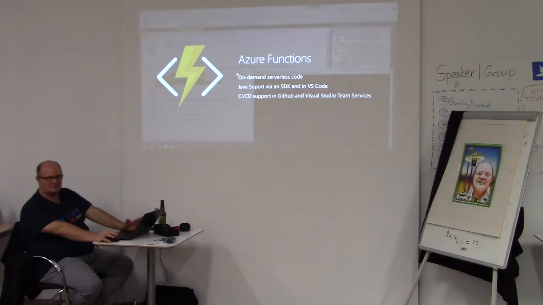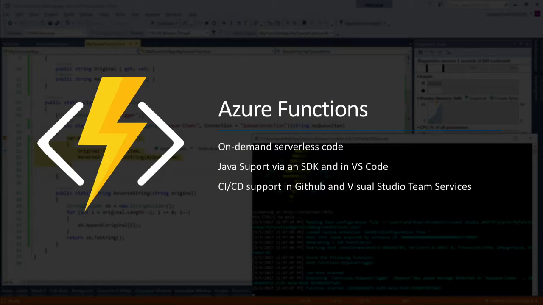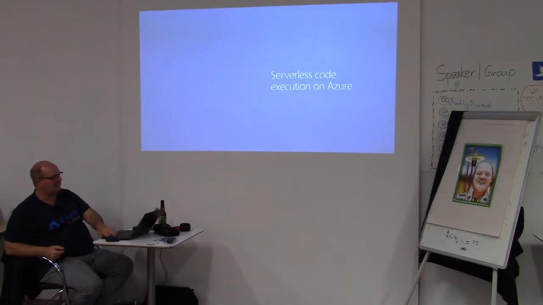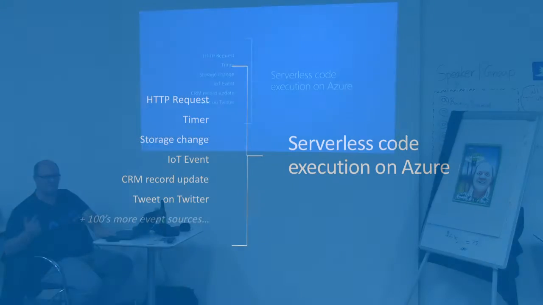The other thing we have that's sort of big news these days is Azure Functions. How many people have heard of AWS Lambda functions as well? A few? Okay. So this is our answer to AWS Lambda functions. It's our serverless functions. So what would you actually use these for? Serverless code execution. We have all kinds of triggers that will trigger